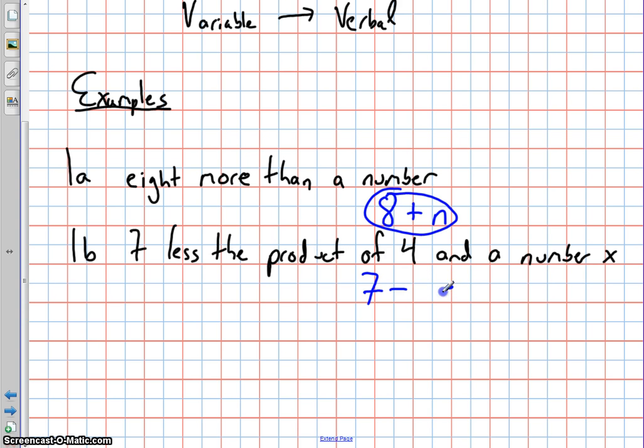7 less the product of what? Well, it's a multiplication between two things. Well, what are those two things? Well, one of those two things is 4. And the other thing is a number. Now they tell us what this number is. They tell us it is going to be represented by x. And so here we go. We've done it. 7 less the product of 4 and a number x is simply translated into 7 minus 4